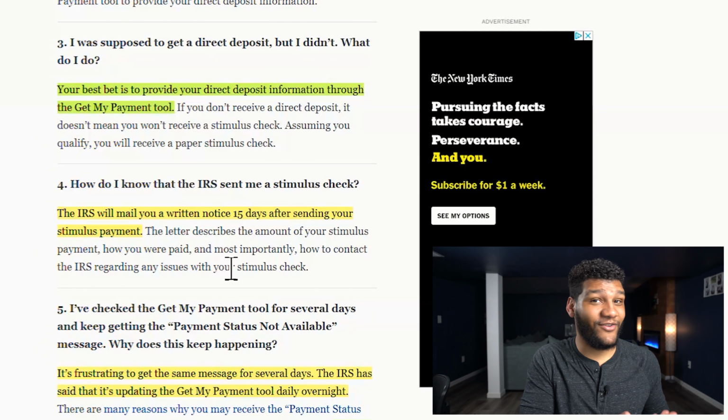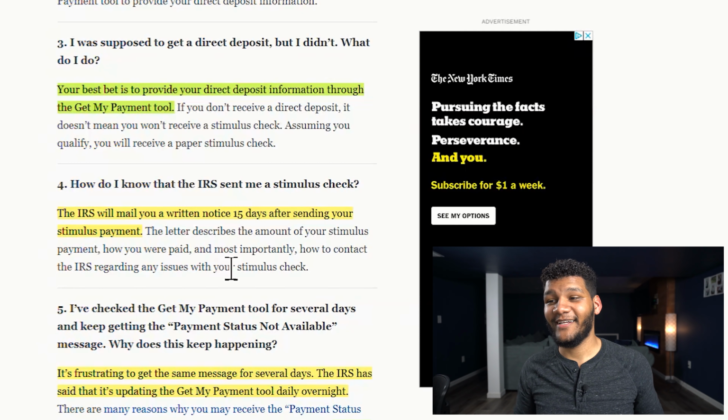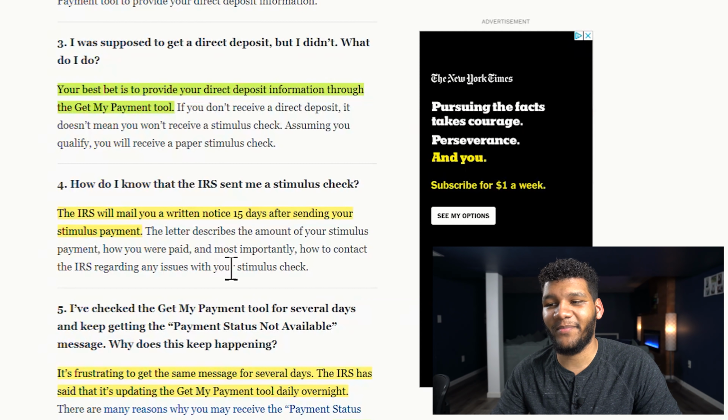But if they never sent your stimulus payment, then they're never going to send you a notice 15 days after that. So what do you do if they didn't send you a stimulus payment, or how do you know if they're sending you a stimulus payment? Just keep checking the Get My Payment tool. I mean, that's really all the advice we can give to you. Keep checking the Get My Payment tool to see where that's supposed to go, if you're going to get a paper check or you're going to get it deposited